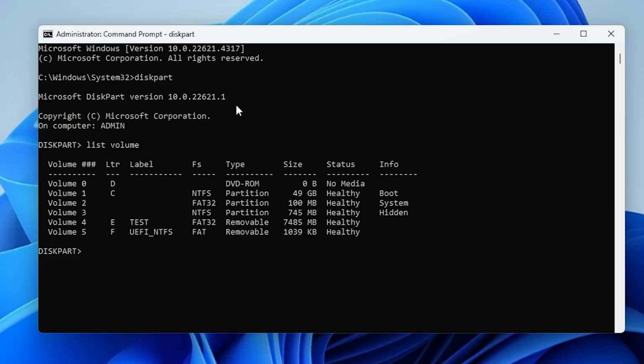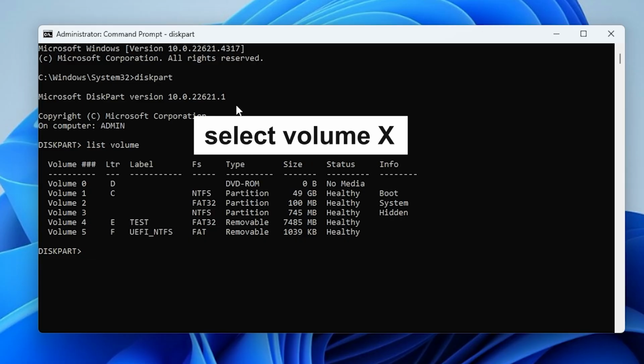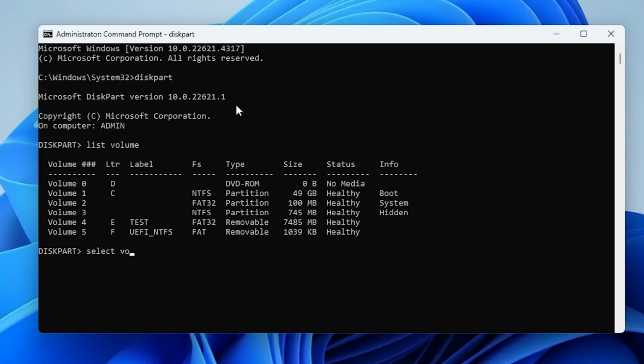Note the volume number you want to modify, then select volume X, replace X with your volume number, e.g. select volume 4. To format, type